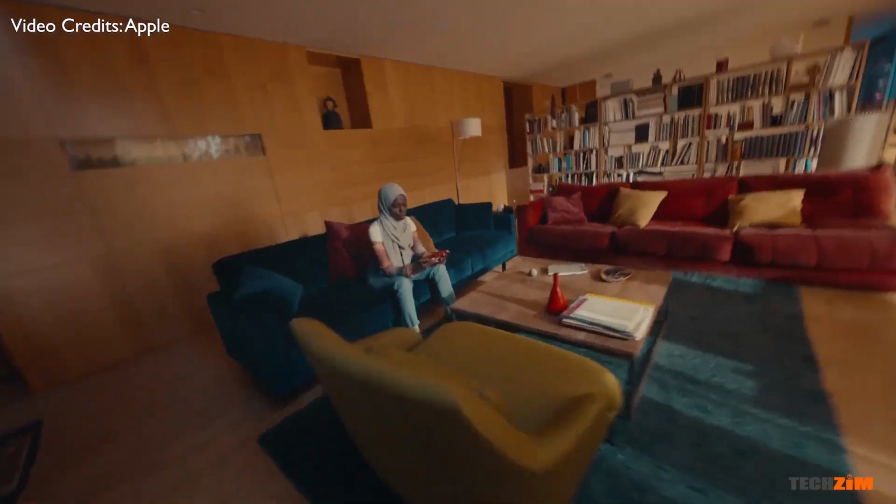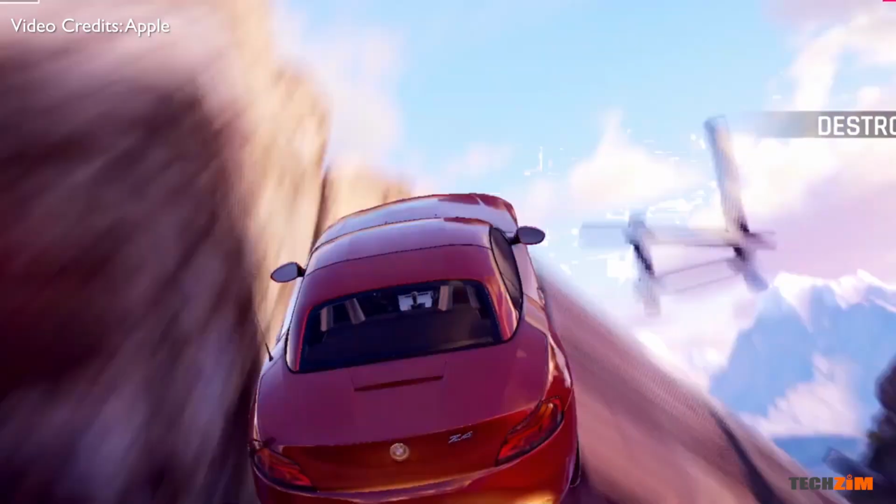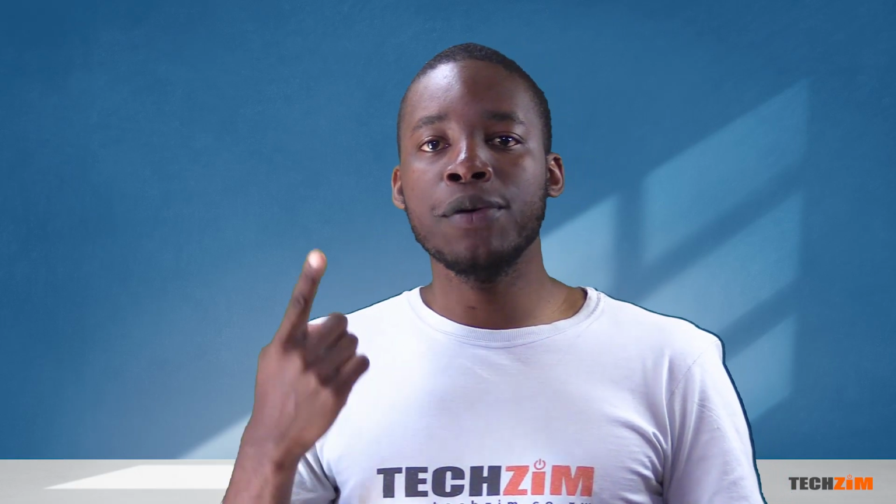However, the weirdest stunt that they pulled is that they are using the A15 Bionic CPU from last year in the 14 and 14 Plus. Granted, it is still one very powerful processor and it can run laps around anything the Android world can offer, but if you own an iPhone 13, this is essentially an iPhone 13s and 13s Plus. And if you own an iPhone 13 Pro or Pro Max, then the regular 14 and 14 Plus will actually